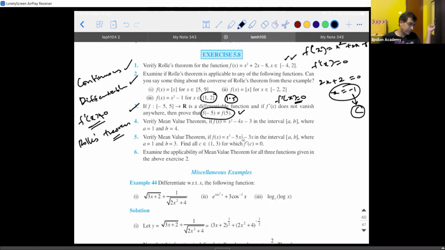So how you will write it in the exam is, you will say that since the function is differentiable, it is continuous as well. First step. Second, given that f dash of x is not equal to 0, hence Rolle's theorem is not applicable to this problem. Since Rolle's theorem is not applicable, the mean value theorem states that for a continuous and a differentiable function, there exists a point C only when f of A is not equal to f of B. Okay, these things you can write in your own words.